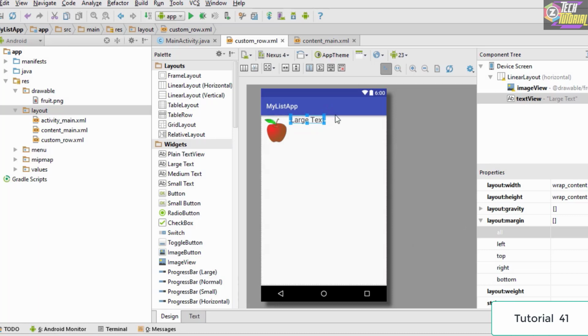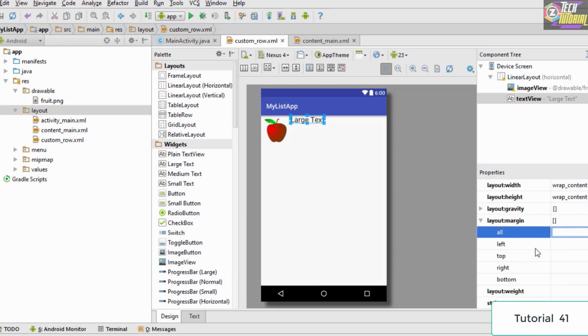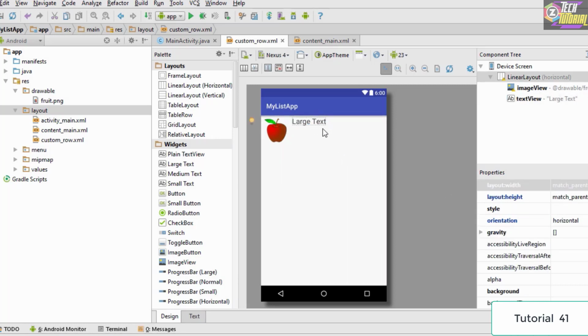As you could see, it has added the large text, but again there is no margin from the top or the bottom. So we go to the properties and we select the layout margin and we insert layout margin as, let's say, 5 dps. So as you could see, now the text has shifted a bit. So that's how you create a basic template for the custom list view. This is basically a simple template which we are going to use in order to create the list view. So that's it for this tutorial, and in the next tutorial we'll be actually using this template in our main layout in order to create the custom list view.